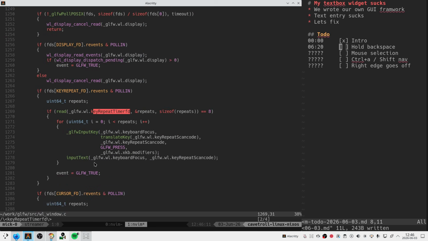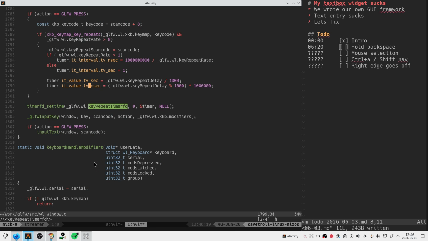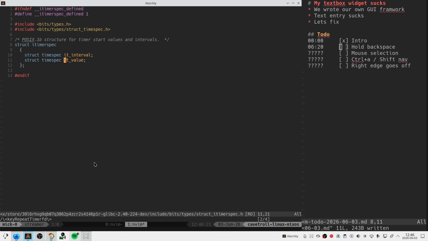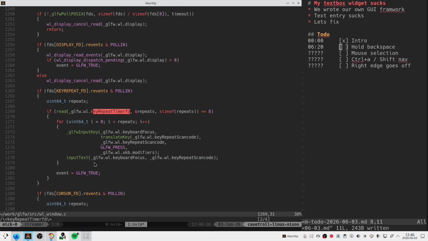Right, so this is just on handle events. He just inputs the key again. Okay. And then does he rearm the timer? I can't remember. Yeah, so he's not setting like an interval timer. Oh, he is. He's setting an interval timer here. Okay, so he initializes this one time. He sets the delay and then the interval, sets the timer up, and then later triggers the key input every time